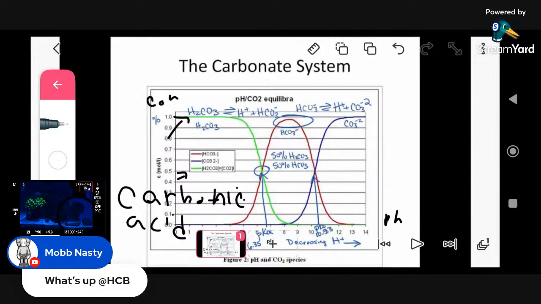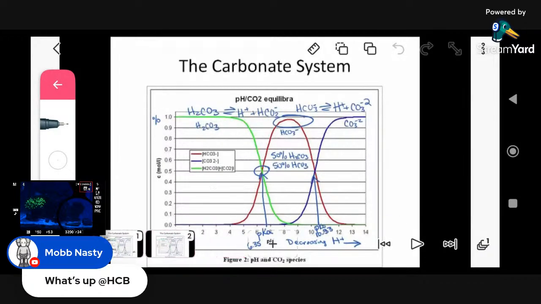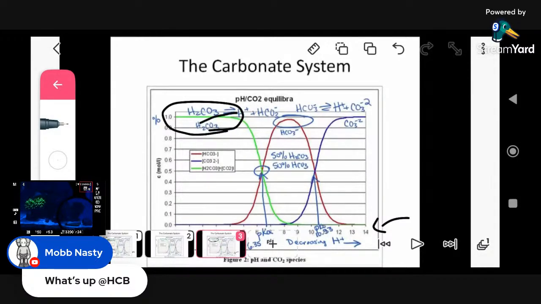So the green on the scale right here is carbonic acid. In this range, you see the carbonic acid is highly present over here, and then as it goes down